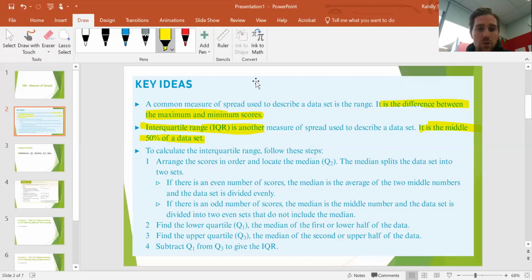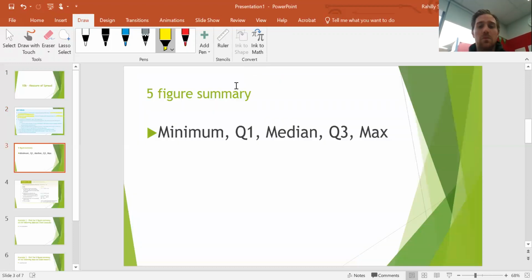What we need to do when we look at the measure of spread is we need to find the 5-figure summary, which is this here. It is the minimum, the maximum, the median, which is the middle number, and then your Q1 and your Q3, which is basically the middle, and you split them into halves. And I'll explain in a little bit more detail with the examples. But basically, your 5-figure summary,